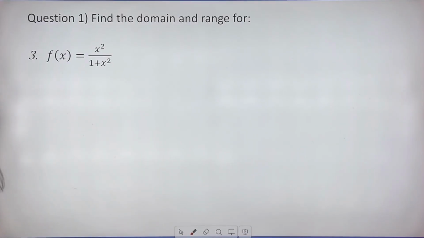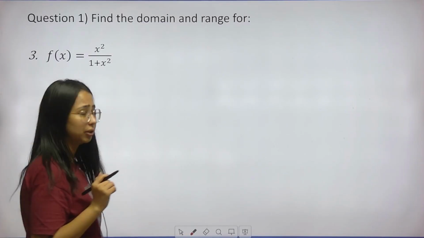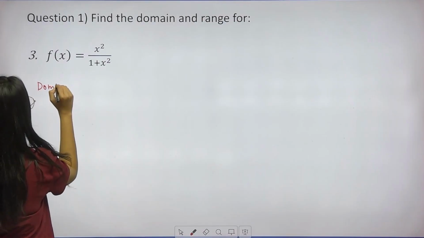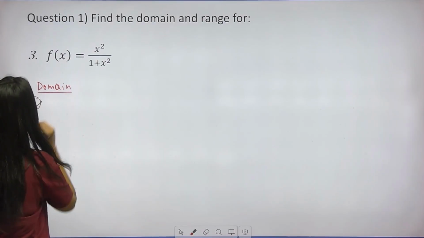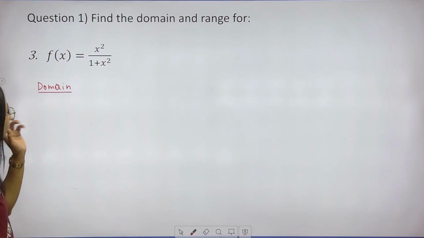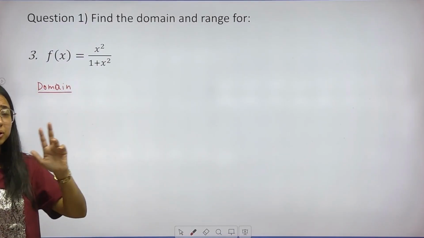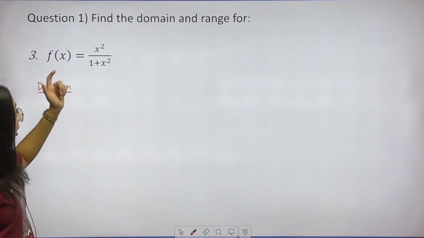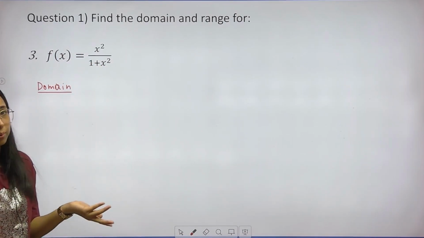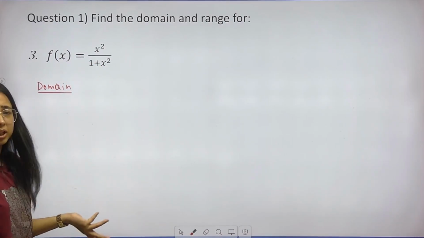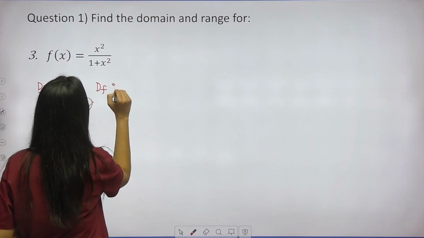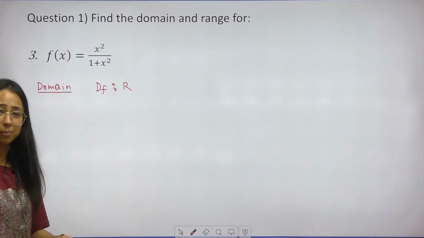Okay, let's find the domain and range of this particular function. Let's firstly find the domain. For the domain, we need to find all the x values. I don't think there is any x value which will make this function undefined. Why? Because any negative value will also make the output positive, and all the positive values will definitely make the output positive only. So the domain will be equal to all real numbers.